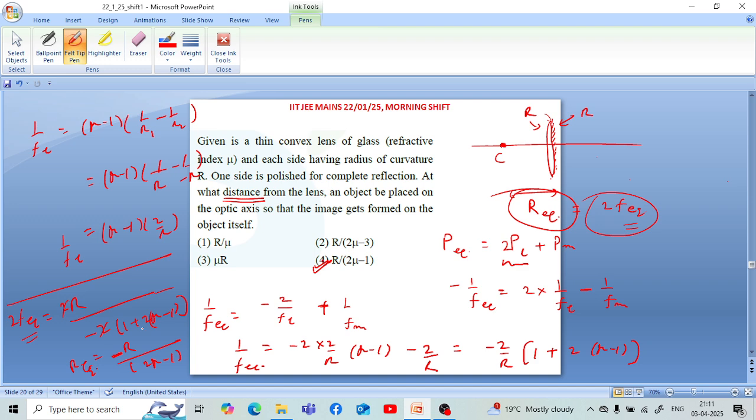राइट हैंड साइड में 2 से 2 कैंसिल आउट किया हमने, सिंप्लीफाई किया एक्सप्रेशन को, तो एक्सप्रेशन आता है -r अपॉन ब्रैकेट 2 म्यू -1। तो इस तरह से हम देखते हैं कि हमारा रिजल्ट फोर्थ ऑप्शन करेक्ट आता है, r अपॉन 2 म्यू -1। सो दिस इज द करेक्ट रिजल्ट। होप यू अंडरस्टैंड द एक्सप्लेनेशन।